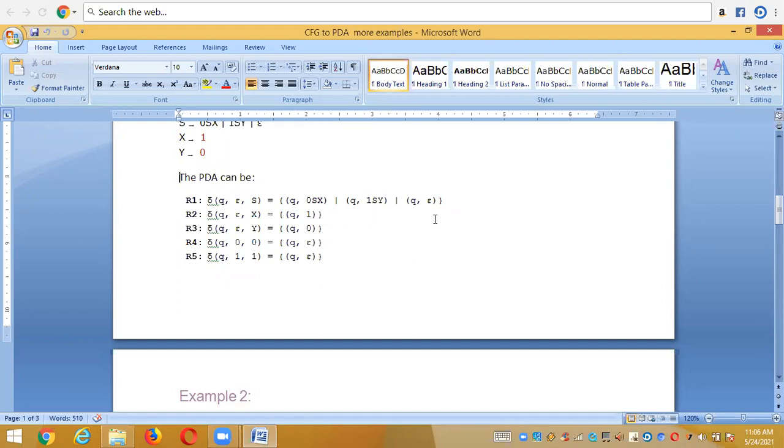And up to this point, the conversion from context free grammar to PDA is completed. But you need to check whether it is acceptable or not, whether the design rules are giving an acceptance, that means the PDA is giving an acceptance by empty stack or not. So for that you need to choose any input string, simulate that input string, and finally show the empty stack of the PDA, and therefore it is acceptable, right?